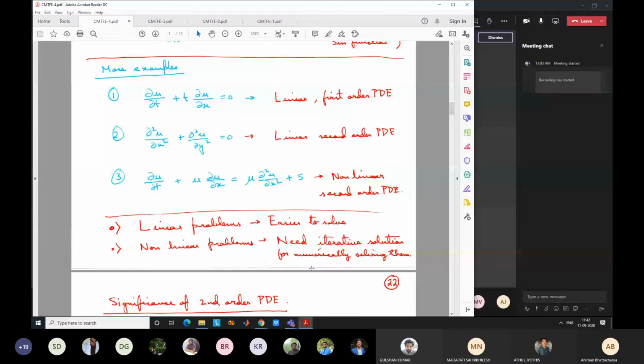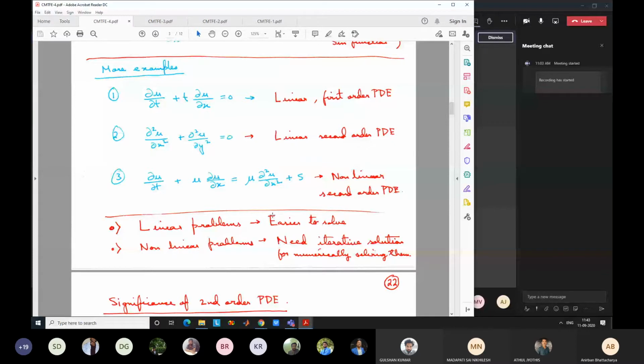We will not go into too much mathematical detail of PDE. So the question you can ask is, why is this relevant for us? Why are we studying this? We know that our equations are some types of PDE, but why should we study the order of a PDE or the linearity, or what is the significance? As I am saying, the significance comes from the point of view of the solution. Unless we know the order of the PDE or whether it is linear or non-linear, we cannot devise suitable strategies for solving the equations numerically.